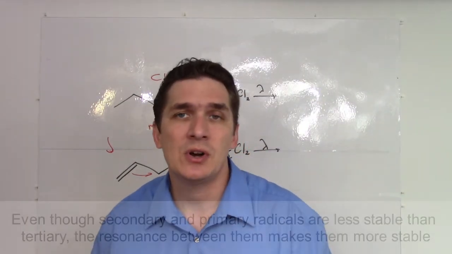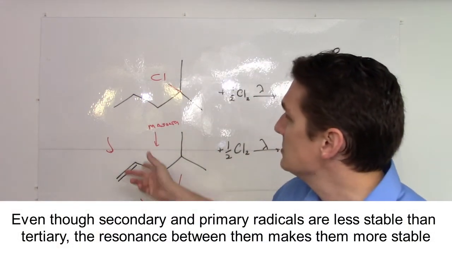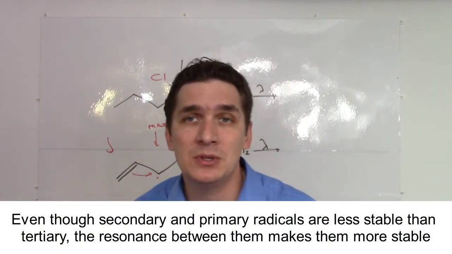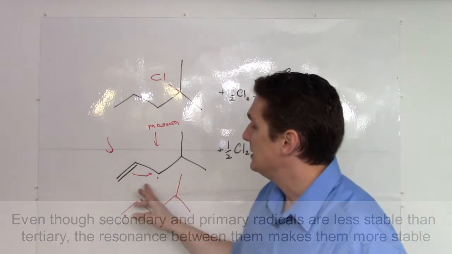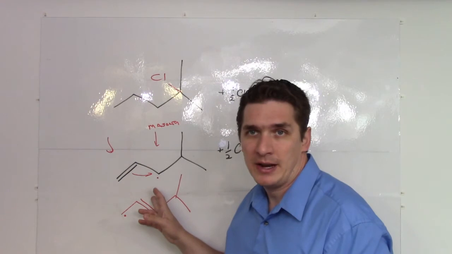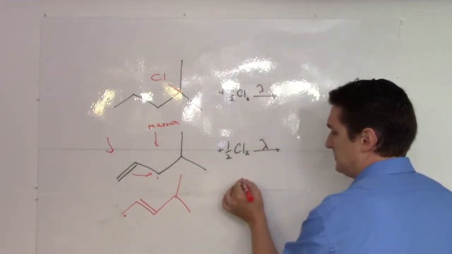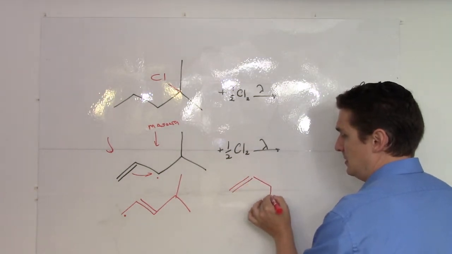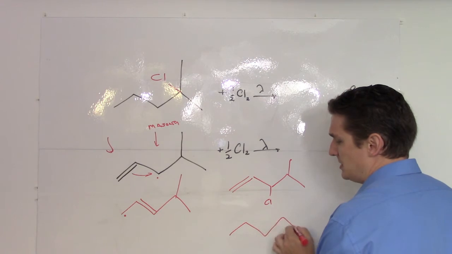None of these are as stable as a tertiary radical on their own. But anytime you start invoking resonance, you start increasing stability. So even though each of these individual radicals is not more stable than a tertiary, combined with the resonance structures, they are. And because we have resonance, we have the option of reacting here or here. Now, the secondary radical is going to be more stable than the primary, which is why our majority product is going to be this, but we're still going to acquire some minority product